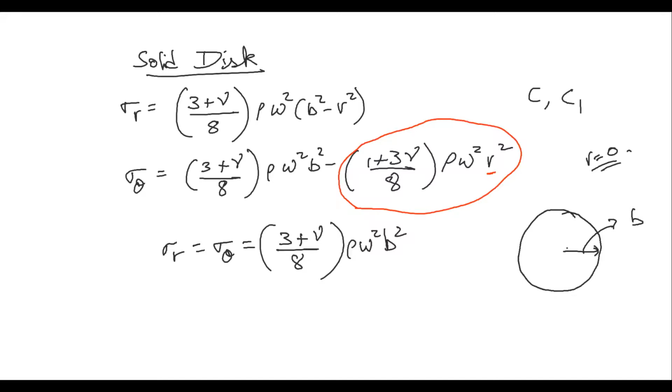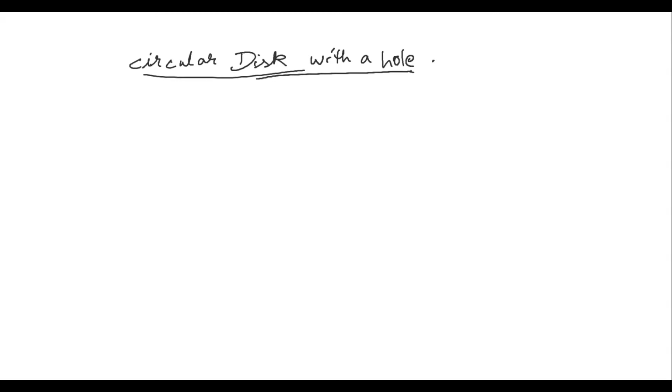Then comes the circular disk with a hole. Then comes the next type of case. Circular disk with a hole. So this is a case where there's a hole at the center, and if you want to find out the state of stresses, then they are given as sigma r equals